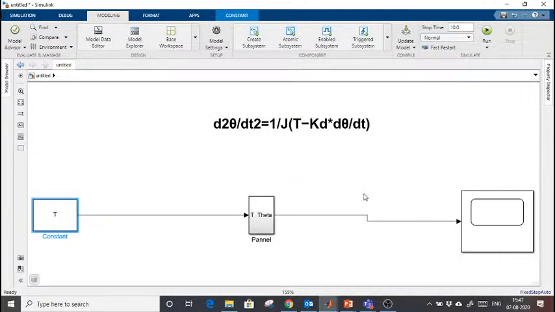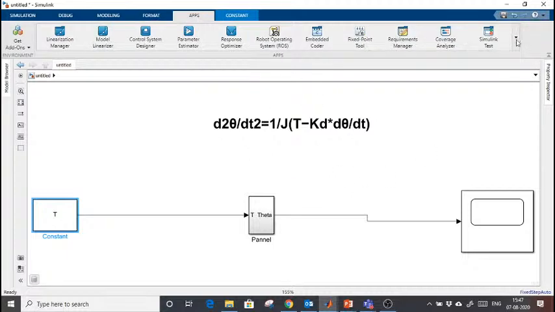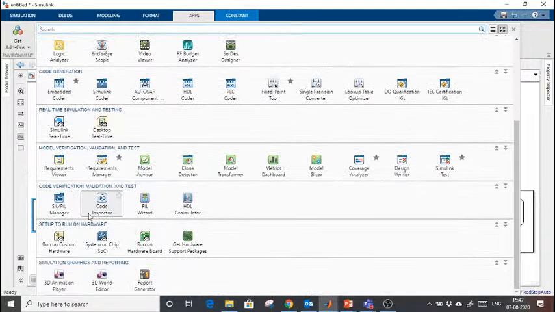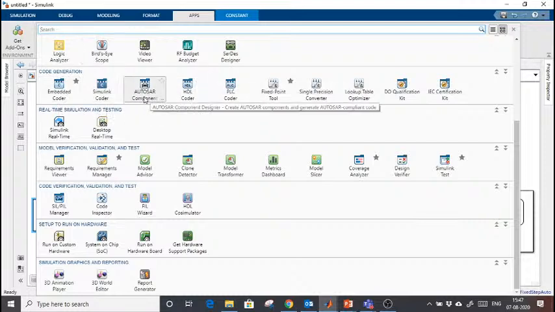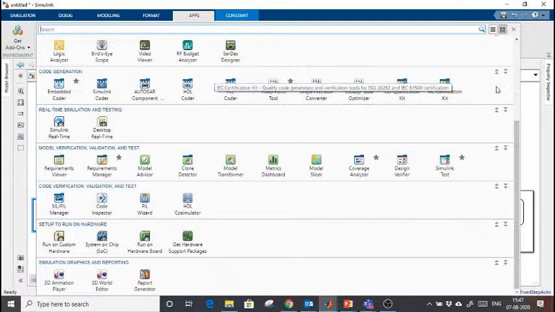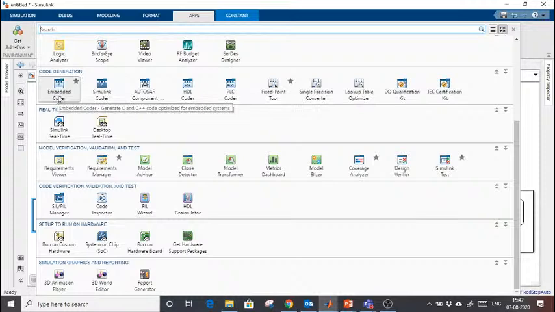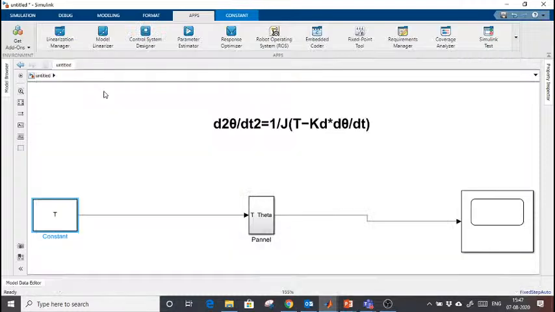Fine. Now if I have to generate a code for that, I can go in Apps, and from here I will move here, just code generation. There are different options. If you have to generate AUTOSAR standard code, you can select this. HDL Coder, you can select this. PLC Coder, you can select this. There are different testing options also. I want to generate a simple C code, not even embedded coder. I don't have hardware, I don't have to deploy on embedded hardware. Just simple C code I want to generate. I will select this,